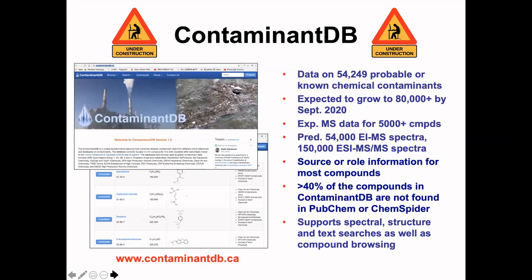The other thing that we see as mass spec becomes more sensitive is contaminants. And these are not necessarily toxic, but these are just things that we find in detergent, in clothing, in rugs and carpets, in cosmetics and perfumes, in paints and surfactants. And right now we have about 55,000. We're hoping to get around 80,000 by the end of the summer. And these are compounds that just typically aren't in most databases, but they tend to show up in your mass spectra when you are collecting things on